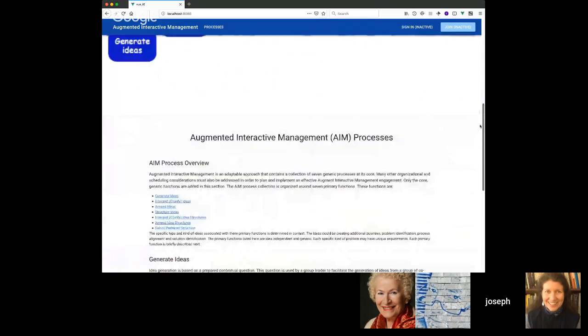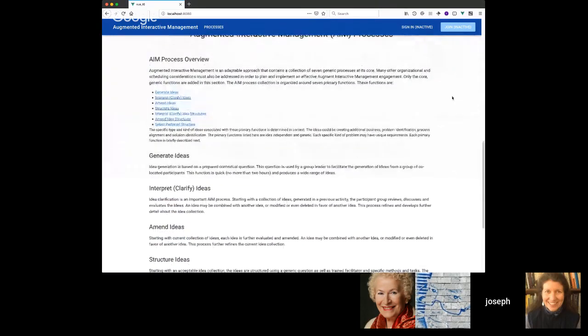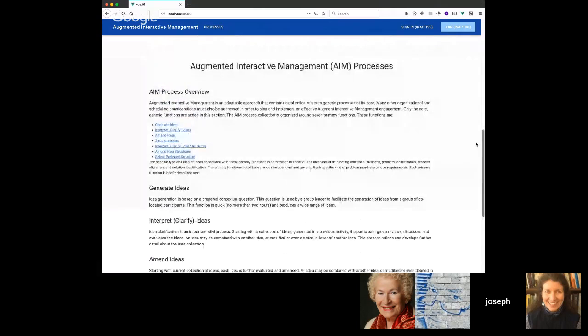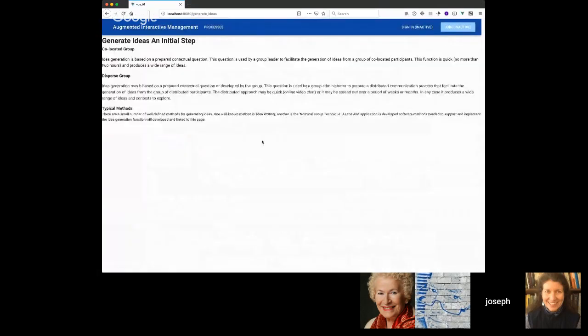And then we'll go through here, and it gives a brief introduction to the processes and what they are. Then below it has some very brief statements about what each specific step is. Then these links will take you to their own space. And so these pages will have written instructions, and then they will also allow you to pick what you want